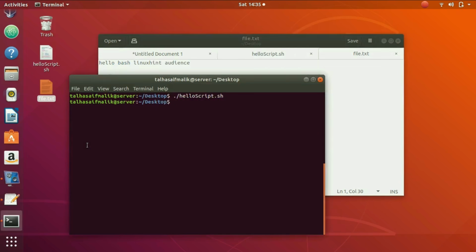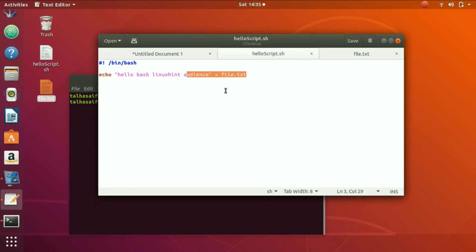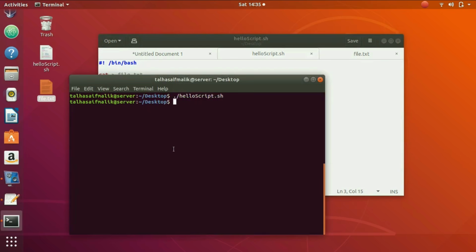Okay, so what else can you do? You can actually take the output from this shell and store that in the file as well. So now what we're going to do is write a script here. Let's say we'll write cat, and then the file name, which is essentially file.txt. Okay, so we save it and we try to run our script. So we hit enter and now you can see that it has become a sort of editor. Whatever we now write on this shell: hi, this is a shell, this is Linux hint